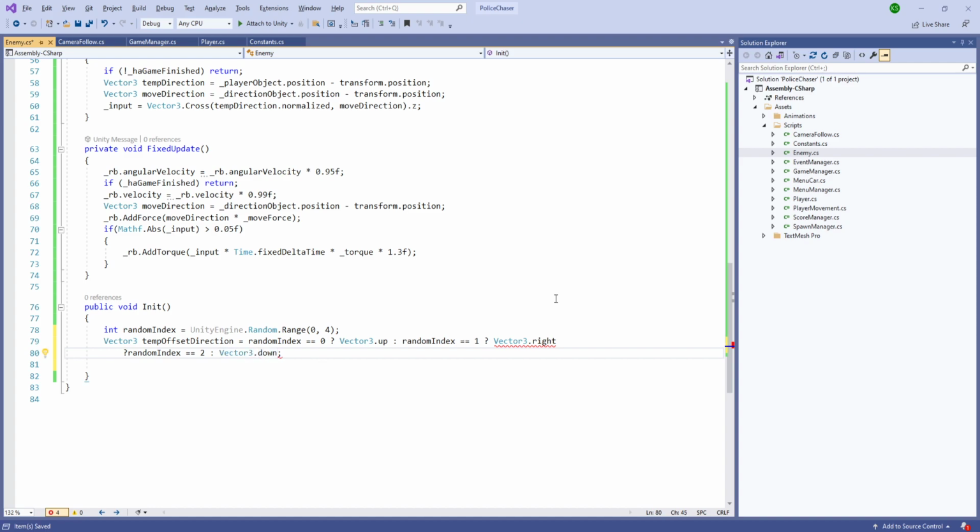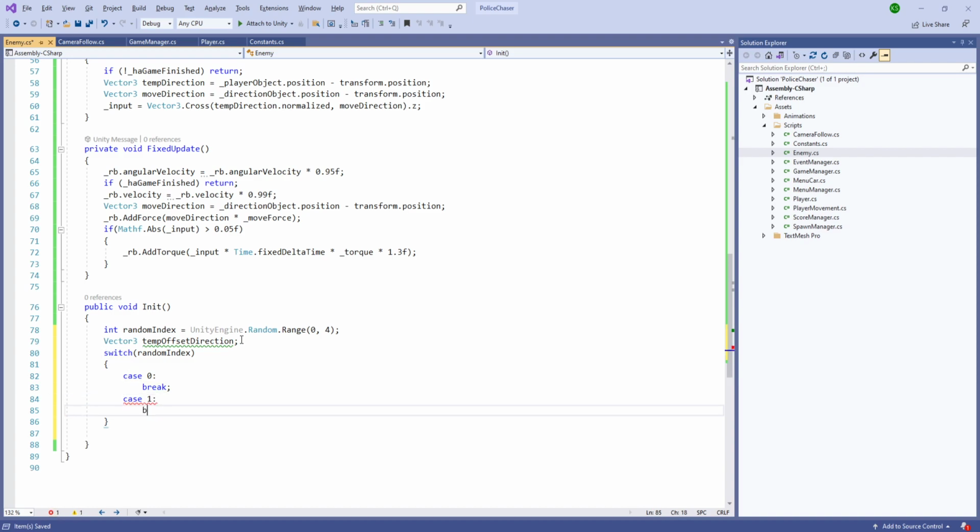V3 dot down. Let's just use the switch. It's going to be, so let's do a switch on the random index, and we'll do case 0, break, case 1, then break, case 2, break,